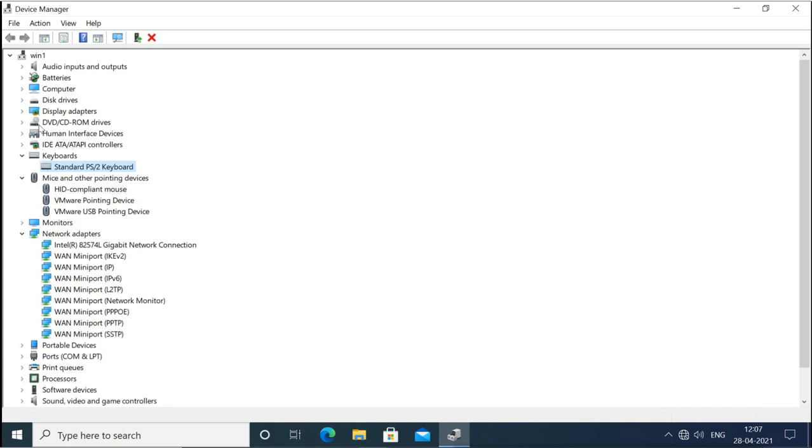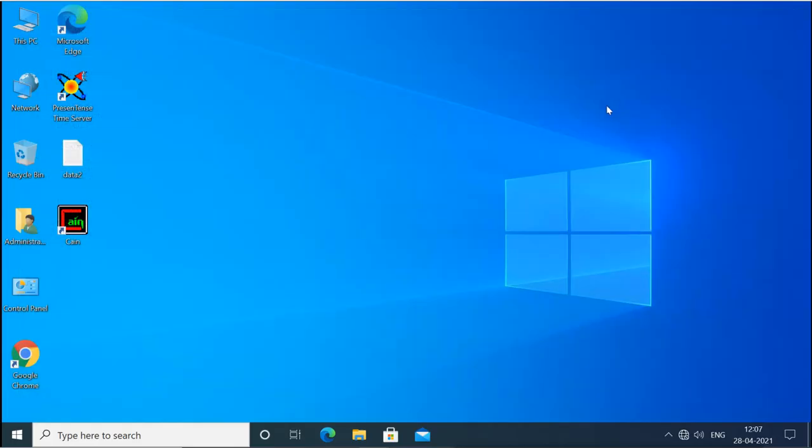So this way you can roll back the device driver, and this option is available in safe mode also. Now, what is safe mode? Safe mode is the mode where your machine will not run all the services and features. It will run only the specific services and features which are required to run the machine. It is very basic services, only to run the machine. So in that mode you can do troubleshooting. That safe mode is basically for doing the troubleshooting.